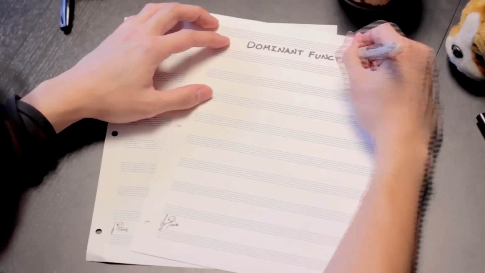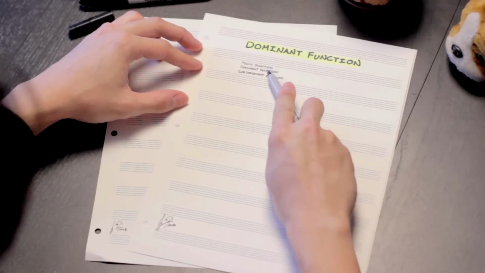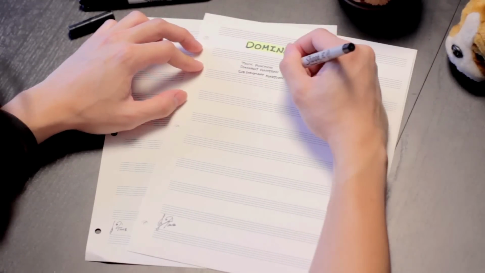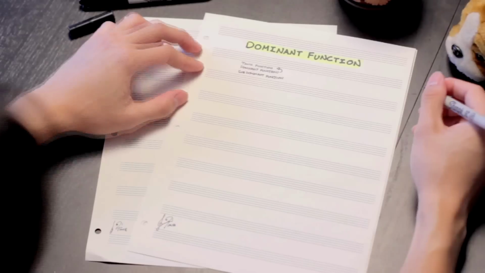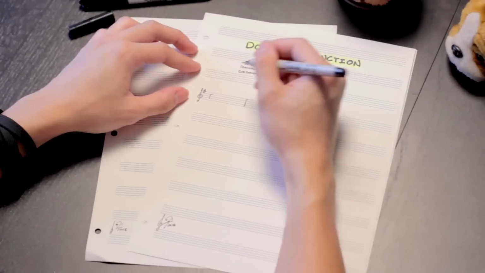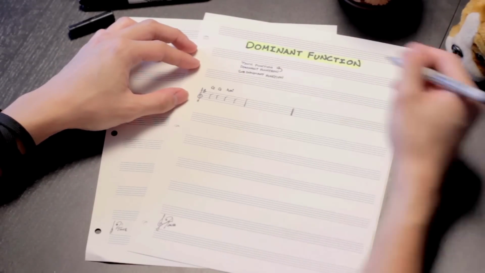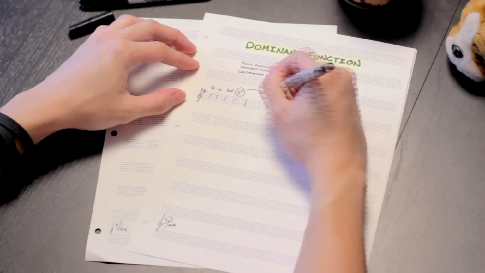Today we're going to talk about dominant function, the second of the primary chord functions. If tonic function can be thought of as home chords, then dominant function chords are the ones that lead you there. Dominant function chords create instability while directing the ear back to tonic function chords. For instance, notice how the D7 at the end of the bar really feels like it leads back to the G on